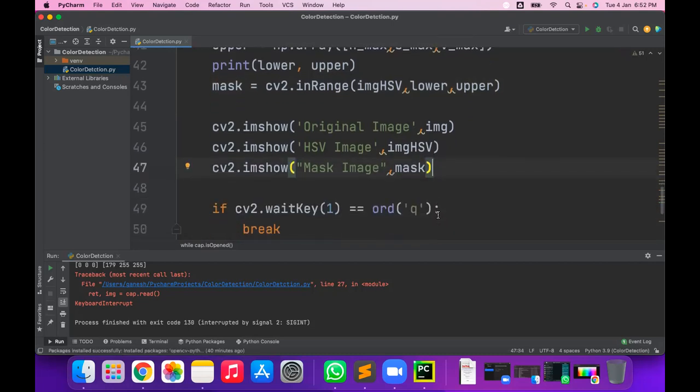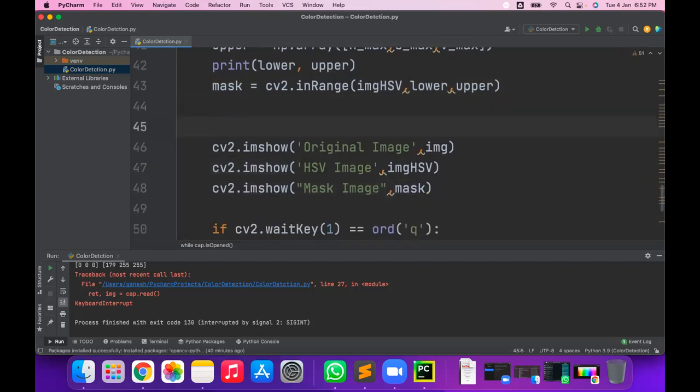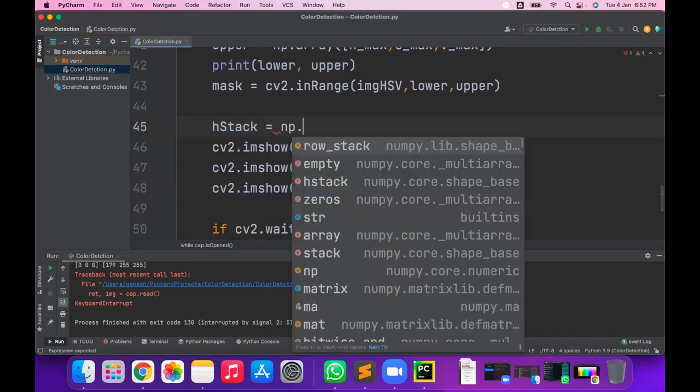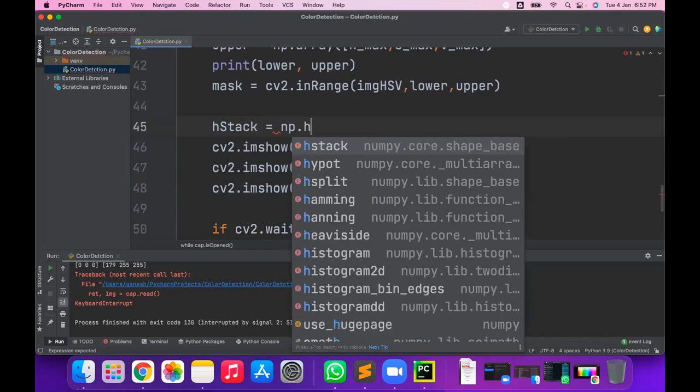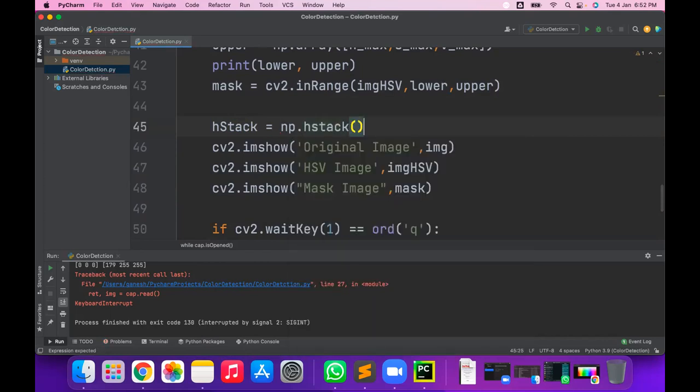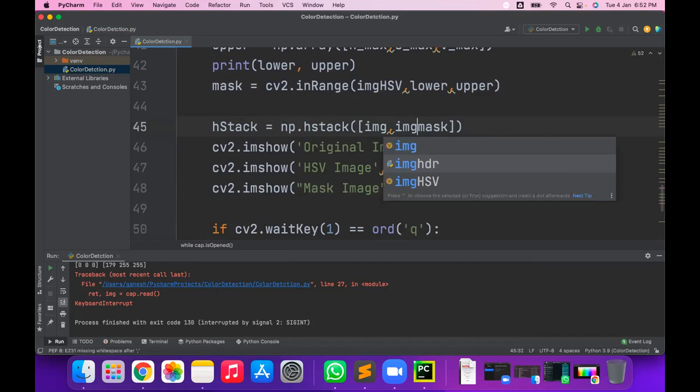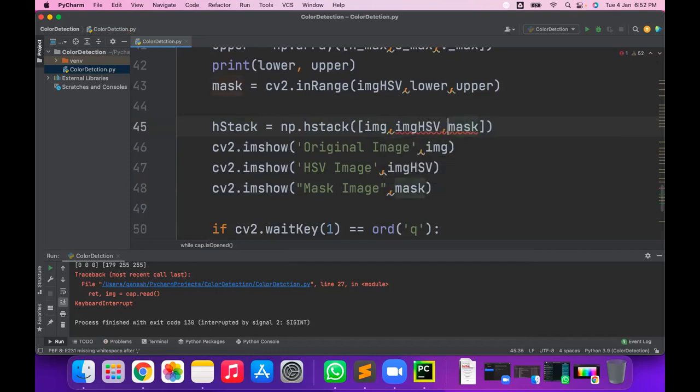Okay, so instead of that, what we can do is create one horizontal stack. Using the horizontal stack, we will be able to see all the images in one stroke. So create the hstack, and give this img, mask, result. Actually, the first one is img hsv and the mask.